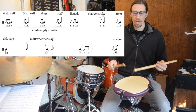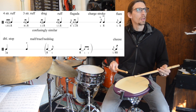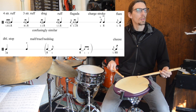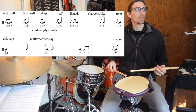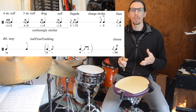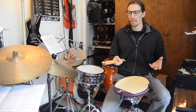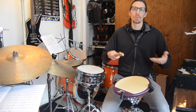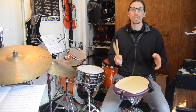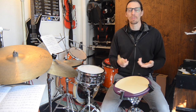So if we recap what we're talking about here today, we have the 4-stroke ruff, the 3-stroke ruff, the drag, the ruff, the flagada, the charge stroke, the flam, the double stop, the Malf, the 3-note Nedslag, and then the cheese, which is sort of all over the place. All of those essentially only embellish 1 downbeat. There's not a whole extended sequence of things for the rudiment, and they really don't take up any extra time per se. You could put essentially anything you wanted in front of it and anything you wanted behind it, and these aren't going to take up more space than the 1 primary note already would. That's what sort of lumps these together conceptually as the same thing. As weird as that is,